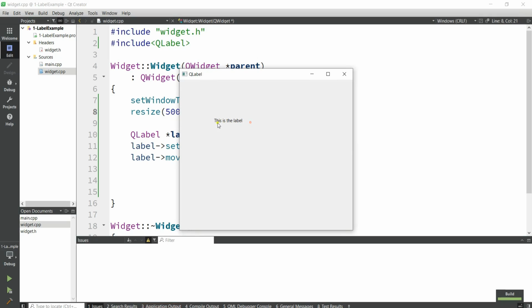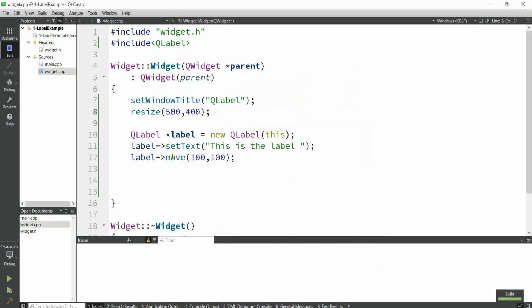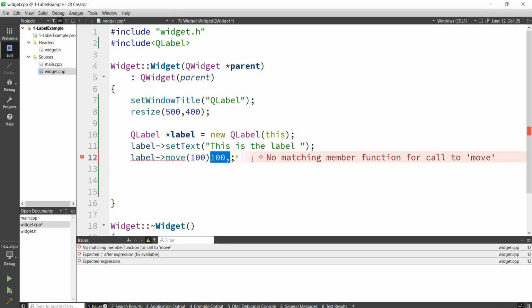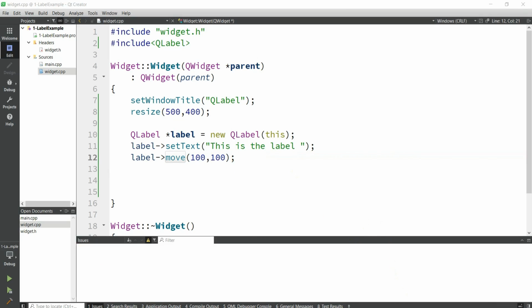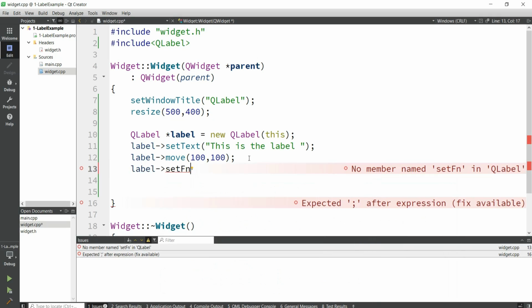Okay, so now we have this label, and you can see in the move we need to give the X position and also the Y position. So this is the X position and this is the Y position. So now also we can set font. So in here I can just say label setFont,